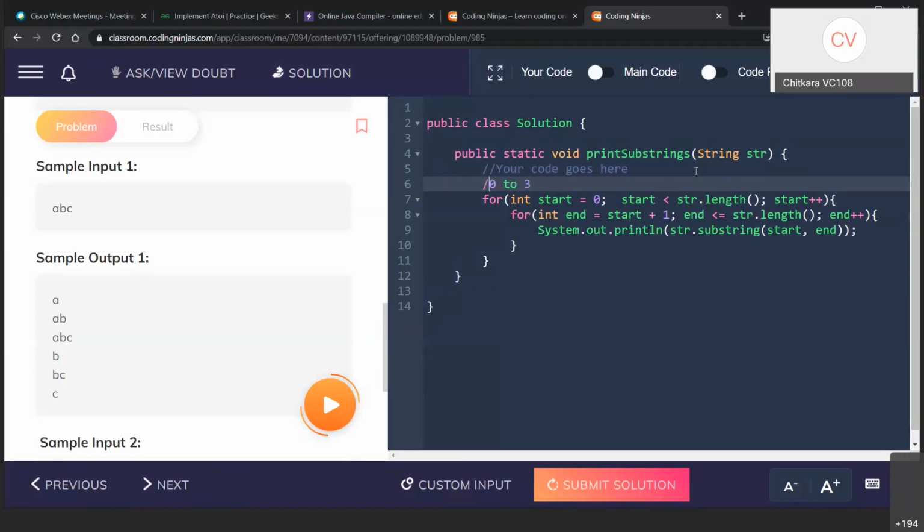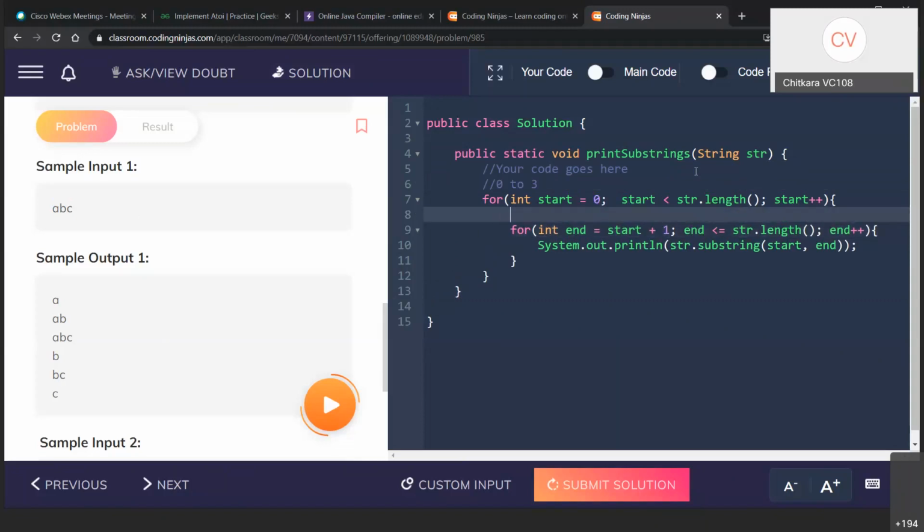Yeah. Then let's come over here. Now for this, end is equal to start plus 1. Now what is end? Start plus 1 is 1. Okay. So my end is 1. End is less than or equal to str length. What is str length in this case? It is 3. Yes or no? So SOP